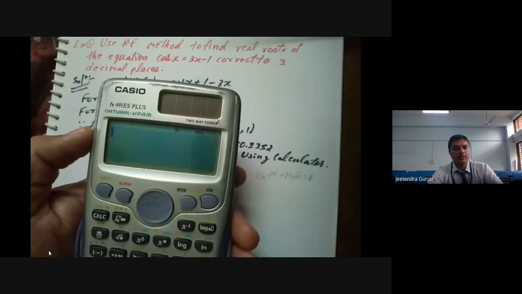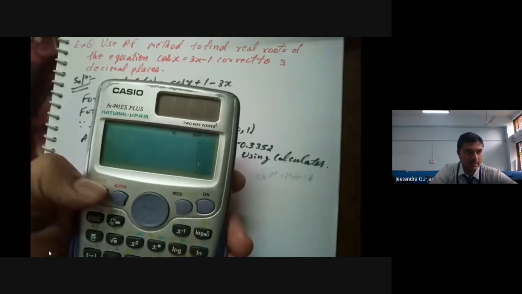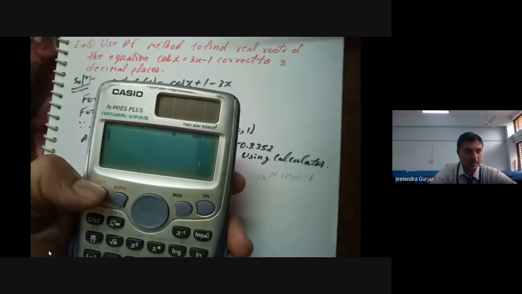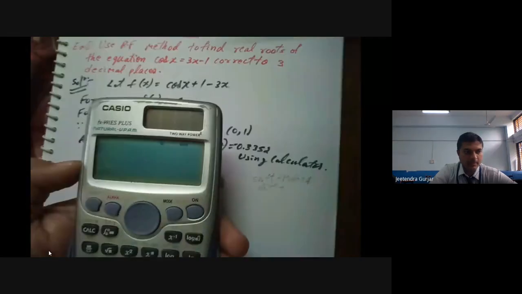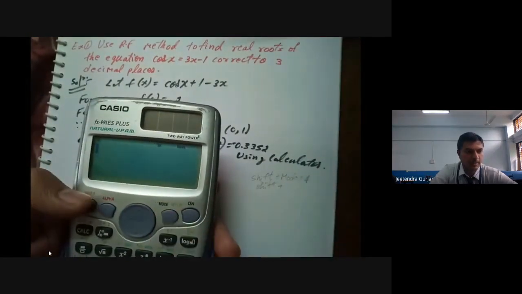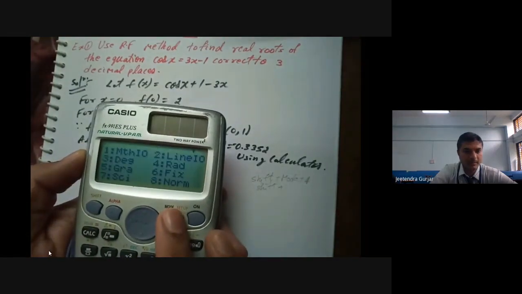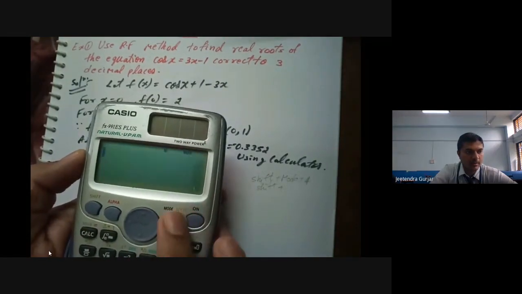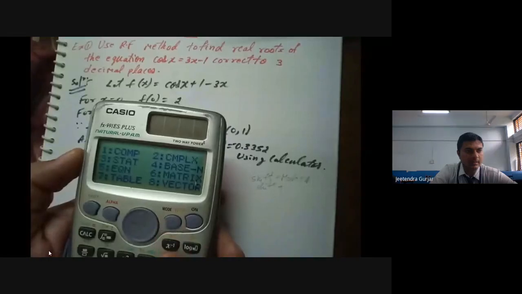Okay. Now you see, first you are going to type our function here. To type the function, I will go with the mode, not shift. Okay, don't type shift. Go with mode, and then it is 7. I think you can see it in the calculator. Don't go for shift. Only put mode and 7. That is our table. You can see 7 is our table.